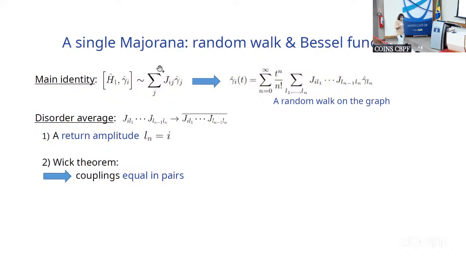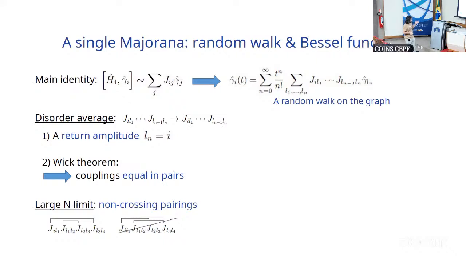Not only that, as was reminded by Federico during his talk, since these are Gaussian variables, we have Wick's theorem. So we need each J to have exactly one other partner somewhere, and they have to be equal in pairs. Otherwise, the average turns out to be 0. These are two ingredients. The third crucial ingredient is that we go to the large n limit. We want to study the dominant contribution when n gets large, to reply to the referee.